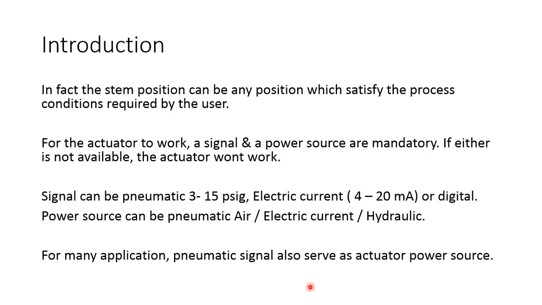Let us assume a temperature control valve where the signal can come from a temperature transmitter rather than the control valve. If the temperature is lower than the set point, the transmitter will give the signal and the valve will open, thereby increasing the temperature to reach the set point. While on the other side, if the temperature is higher, the valve will try to close, reduce the flow, and thereby the temperature will reduce and reach the set point. Next slide.